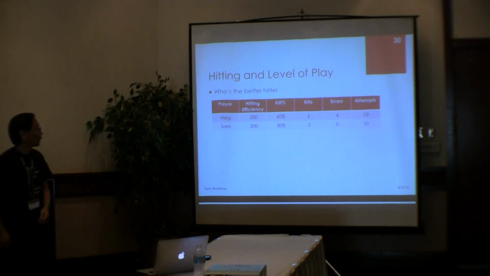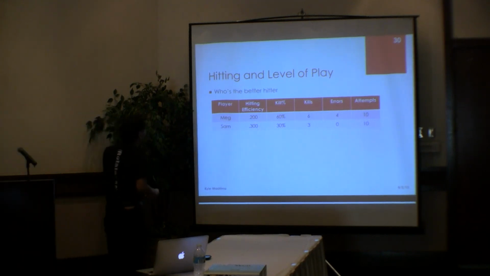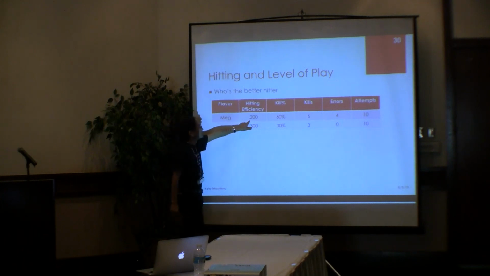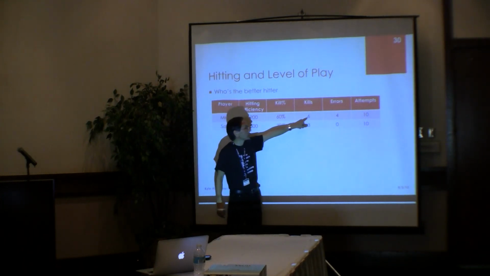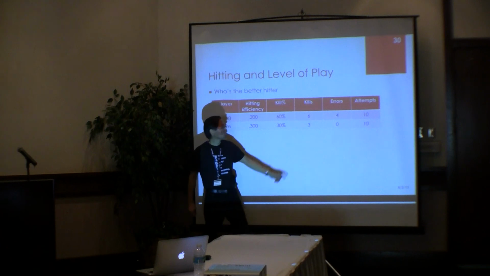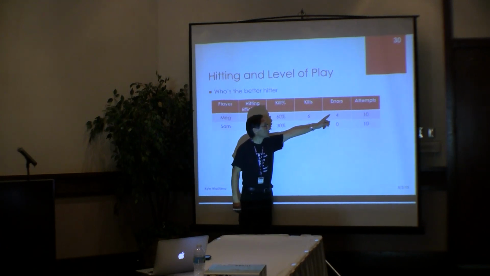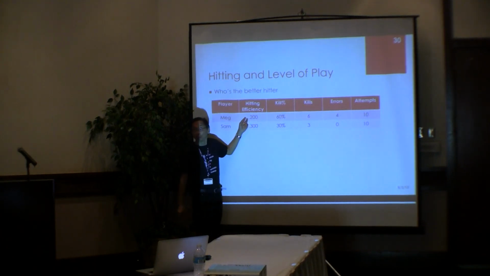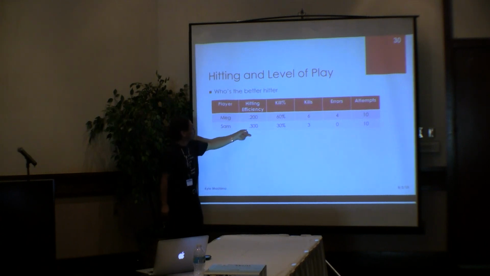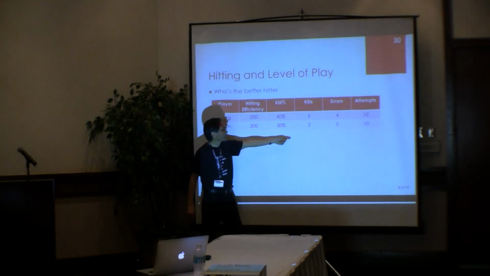So who's the better hitter? Okay? So Meg is a 200 hitter, 60% kill rate, 6 kills, 4 errors, 10 attempts. Right? So 6 minus 4 is 2 over 10 is 200. Okay. Sam, 300 hitter, right? 30% kill rate, 3 kills,